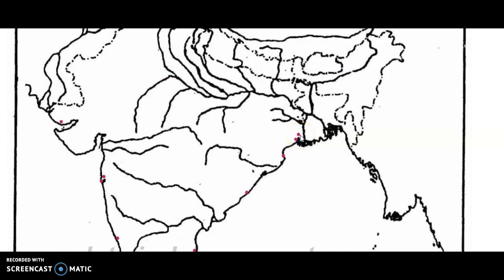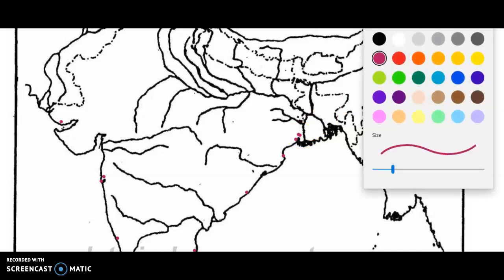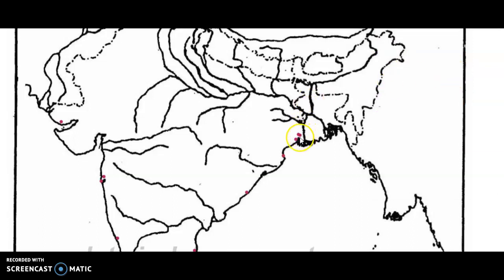So again I repeat, this is the Kolkata port which is here. I'll use another color to draw the arrows so that it becomes easy for you to understand. This one is the Kolkata port, followed by Haldia, then Paradeep, followed by Visakhapatnam, followed by Ennore, which is a satellite port to Chennai, followed by the Chennai port. Coming further to the south, you have the Tuticorin port.